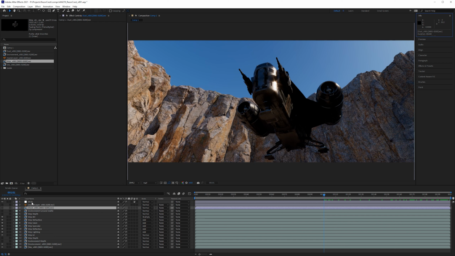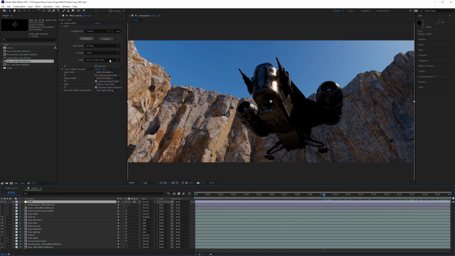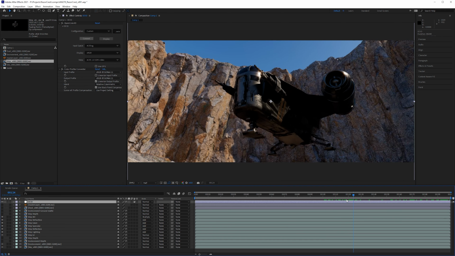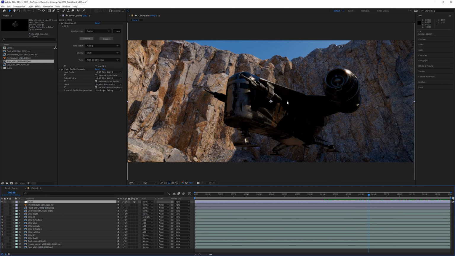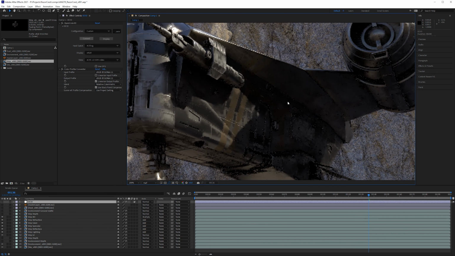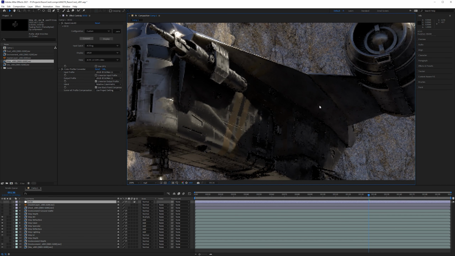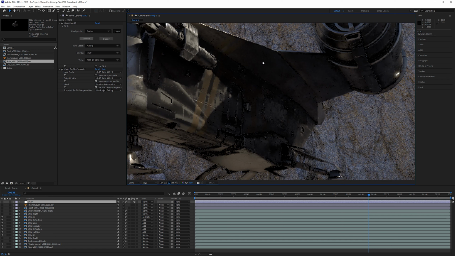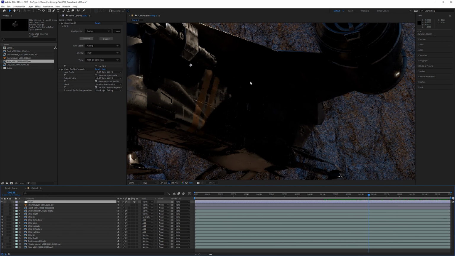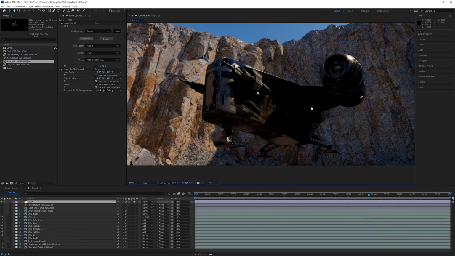And technically, ACES CG's SDR video is a tone mapper, and it prevents clipping for the most part, but it doesn't necessarily prevent clamping. So these values over here are getting very, very dark. If I turn this off, you can see that there actually is quite a lot of value here, and that's good. So it's not really messing up anything there, because these values are already above 0. But with this on, it is making everything pretty dark, and I do want to fix that, because I'm not satisfied with how dark that is.